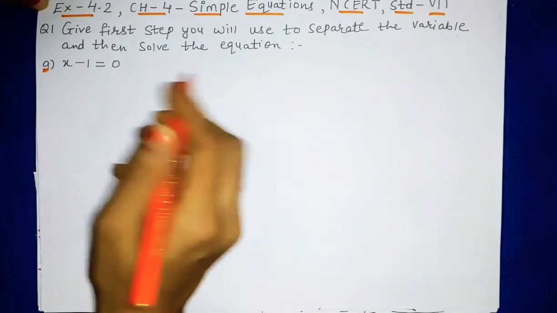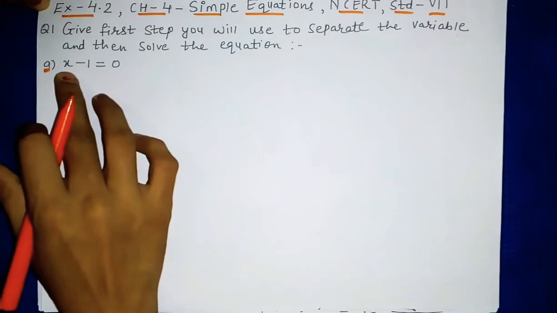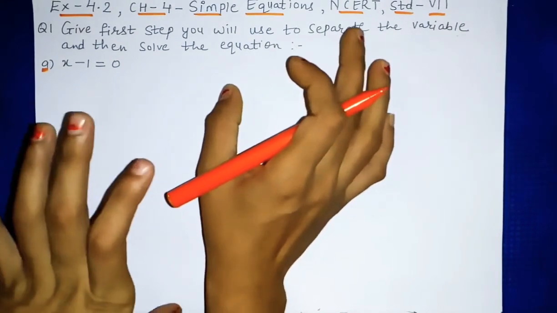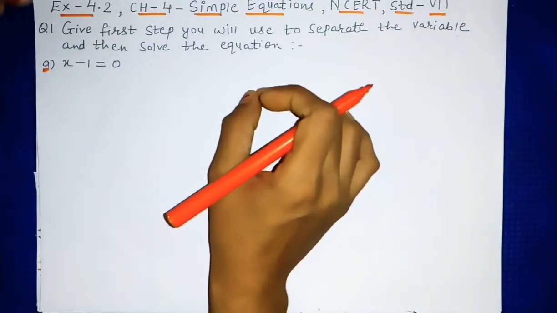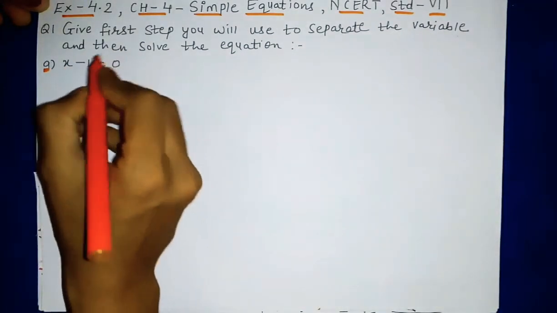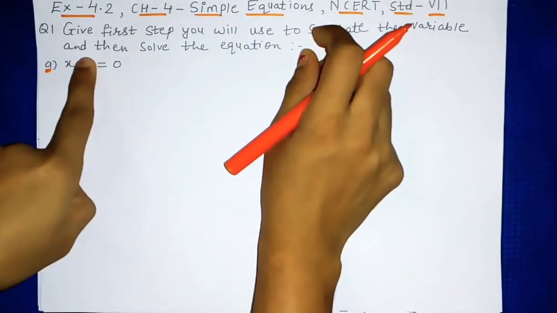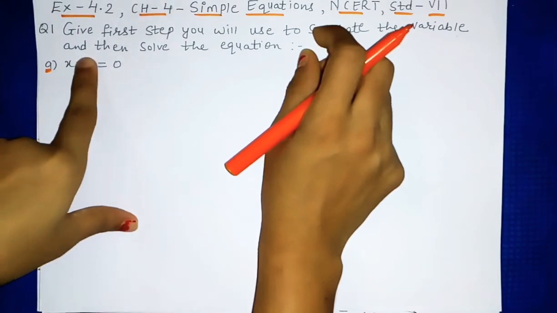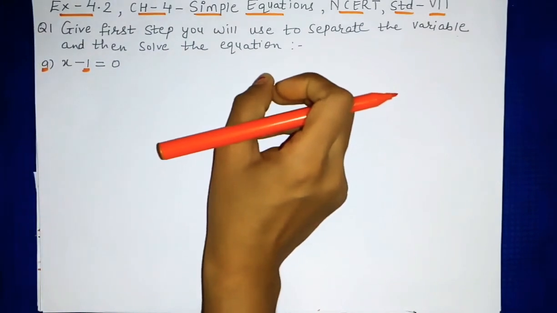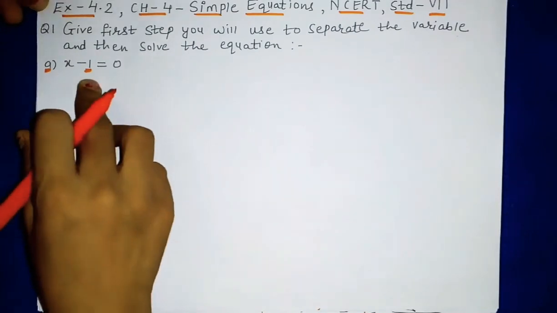Here we will have to find the value of this variable, x, y, z, whatever is given to us. So first of all, we want the value of x. X equal to something, we have to find out. So we have to see carefully what is attached with x. Now here with x, minus 1 is given. Suppose if I remove minus 1, then we will get x equal to something. So we have to find out the value of the variable by removing the terms from the LHS part which are attached with the variable.